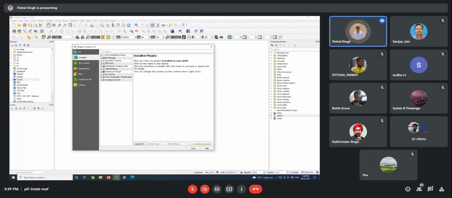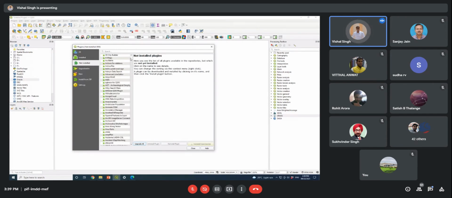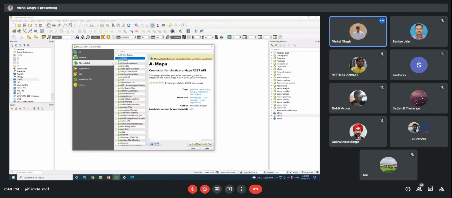The second thing is the Installed plugins. Now you can see here, these are the installed plugins. By default, when you install the software, many of these plugins are automatically installed, and some plugins might not be installed. As per the requirement of the respective tool, if that is disabled, you can click here like this.